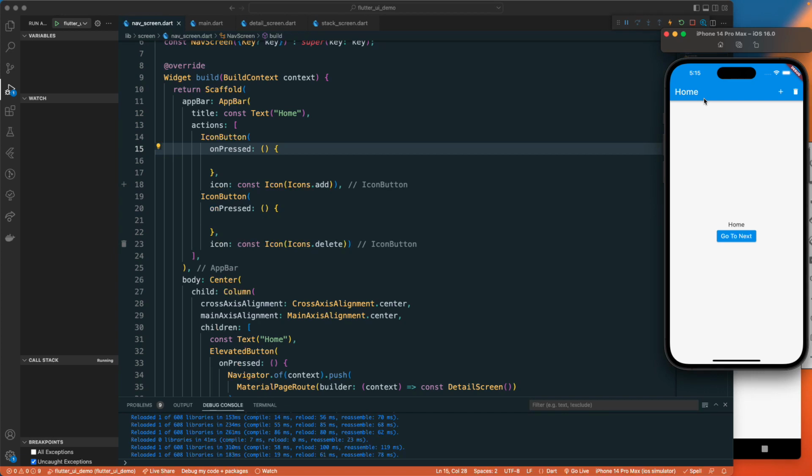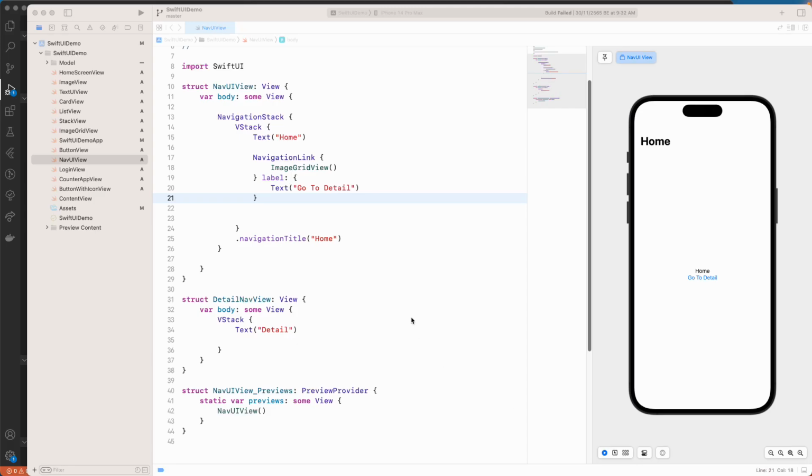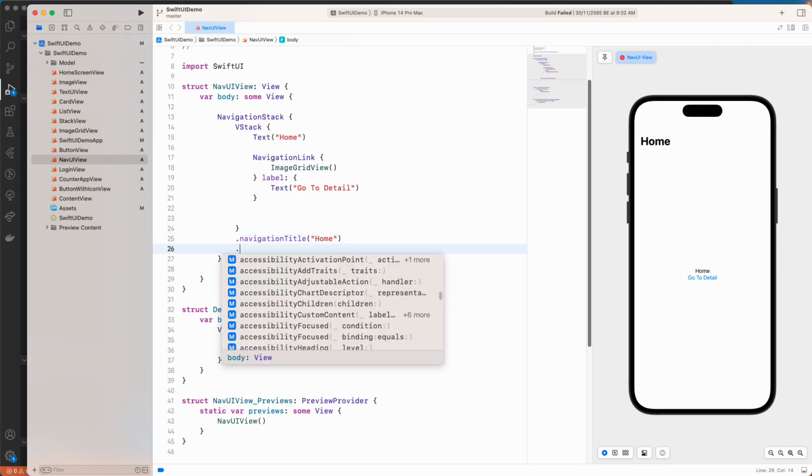So let's move on to our SwiftUI project, where we will try to do the same concept. In our SwiftUI, this is what we did in our previous lesson. We have this particular nav UI view. So let us try to use the same one over here. And since we have the navigation title already, which is for home, what we can do over here is add another option. Let's add the modifier of the